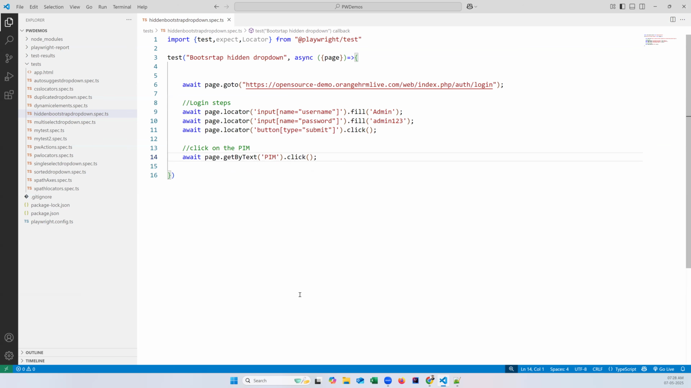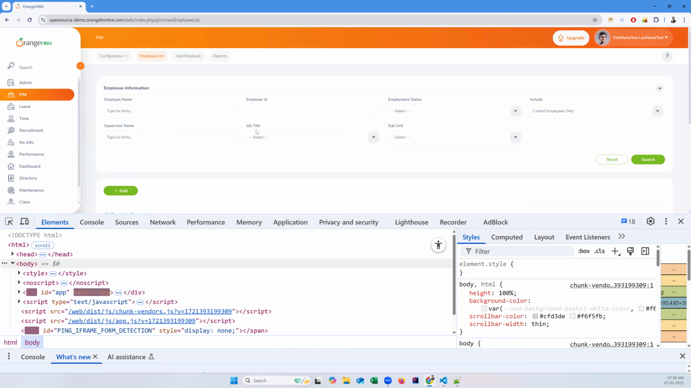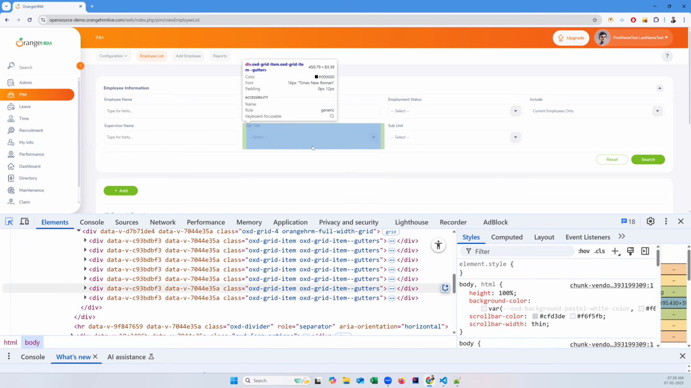Once you click on the PIM tab, then you will see the drop downs. In the drop downs, we need to choose one of them. Let's say job title. I'm trying to get this drop down. First, we need to click on this drop down. Once you click, then options are displayed. So you need to locate this element. Okay, just inspect this element